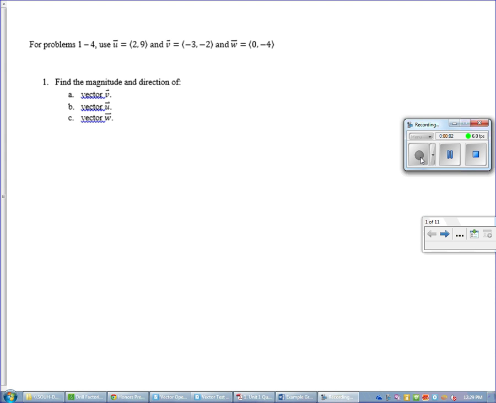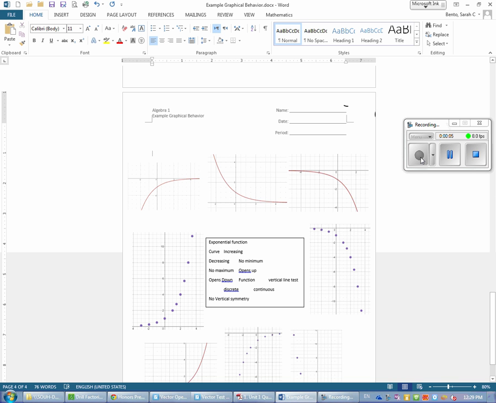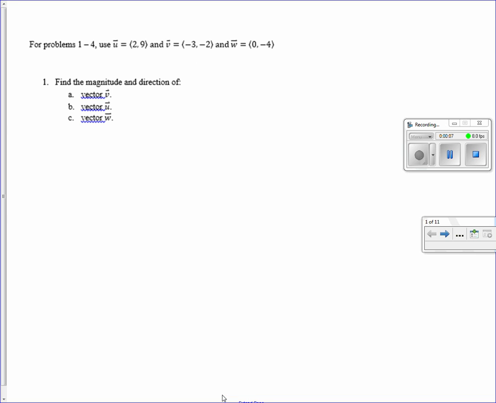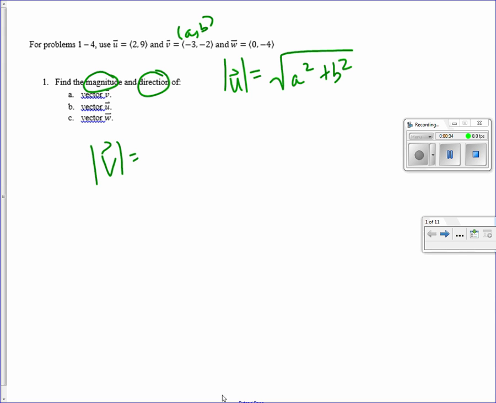In the first question, we're asked to find the magnitude and the direction of each of the vectors. Okay, so starting with vector v. Remember, to find magnitude, if you think of the x and y components as a, b, the magnitude of any vector is going to be the square root of a squared plus b squared. It's the Pythagorean theorem. So for vector v, the magnitude will be the square root of negative 3 squared